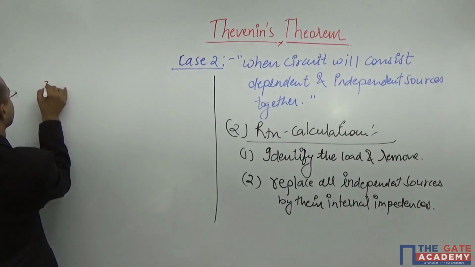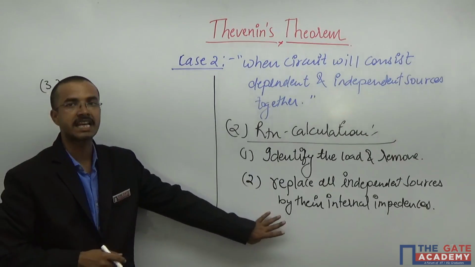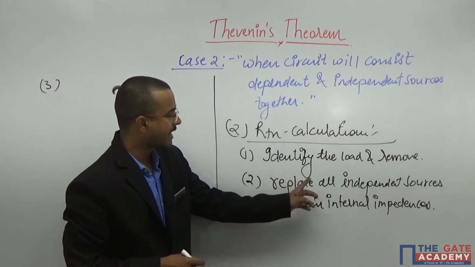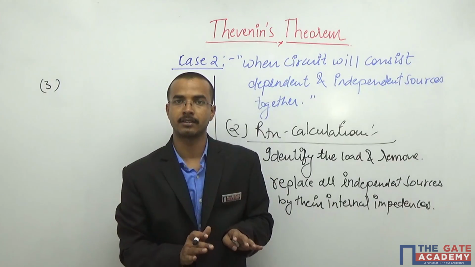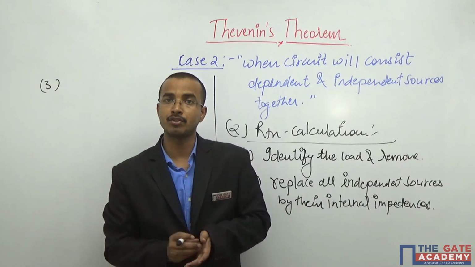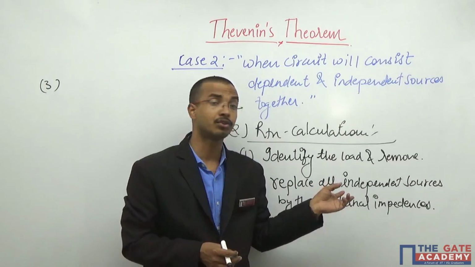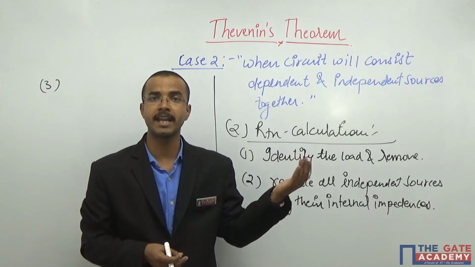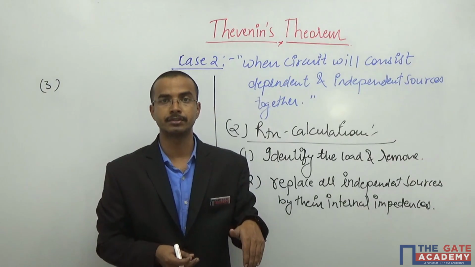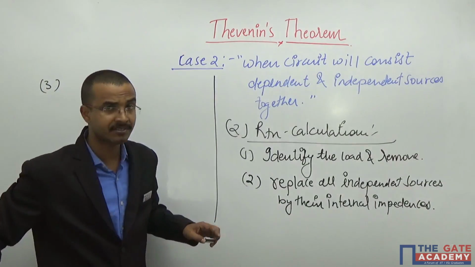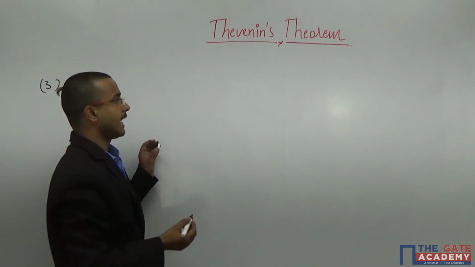But after this, up to the second step, I haven't changed anything. After replacing the independent sources, you will find the dependent sources are still present in your circuit. Then how to deal with that? Because you will not have the freedom to replace them, since the internal impedance of the dependent sources you don't know. You cannot create open and short circuits there. Then another method you will choose. I am describing again, after this what will you do?